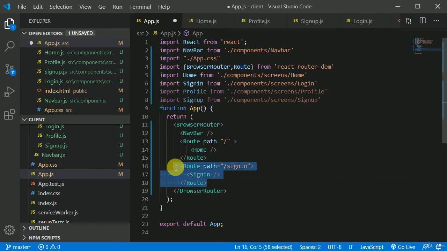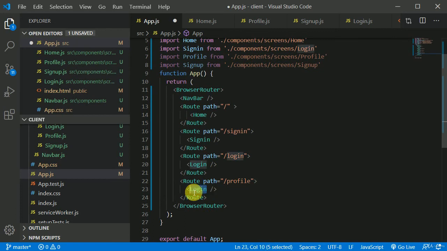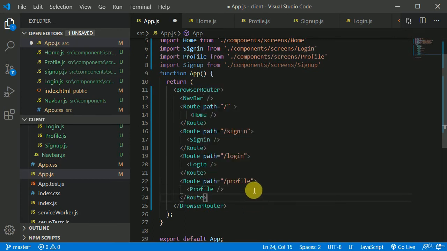I'll duplicate that by pressing Alt Shift down key. If the path is login, then we will show login, and I'll again duplicate that, Alt Shift down key, and if the path is profile, then we will show profile. Okay, now when this path will change,